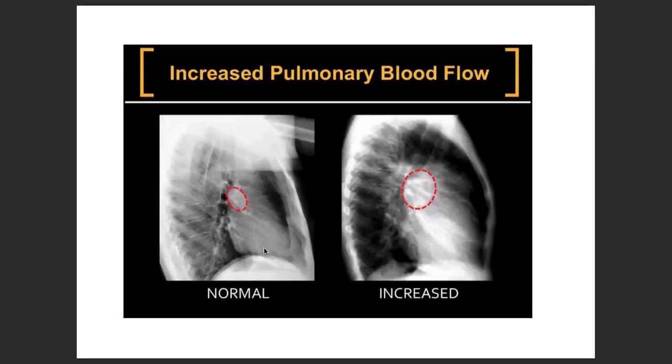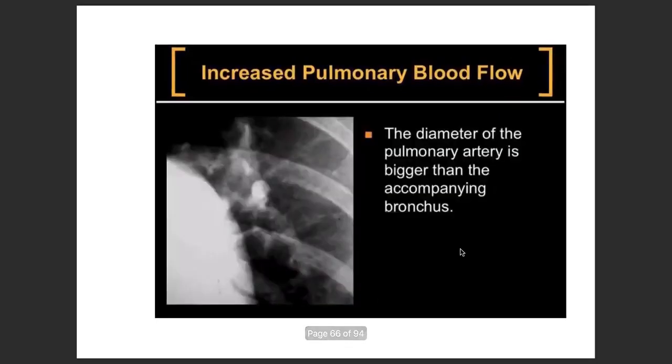So why I was telling you, for example, this is how the normal one is. There is good exposure, which we can see in this lateral film. But what happens over here is this is more whitish, right? Those blood vessels seem to be more whitish. So this is what is more characteristic of increased pulmonary blood flow, in fact. And the diameter